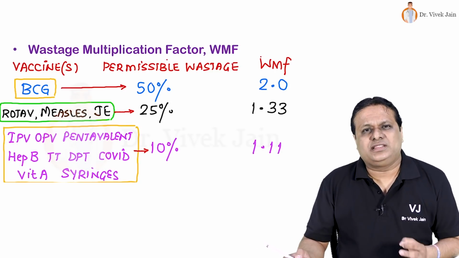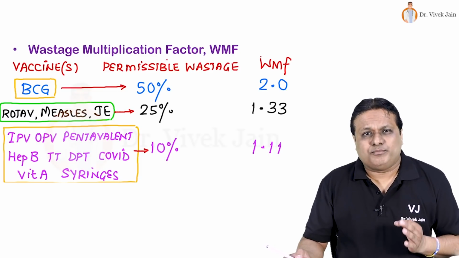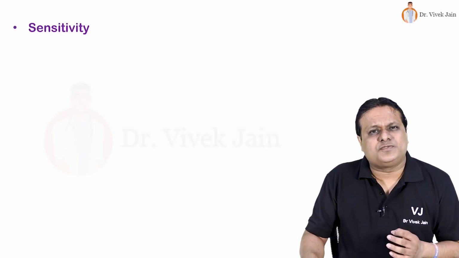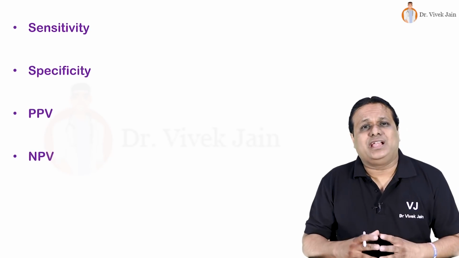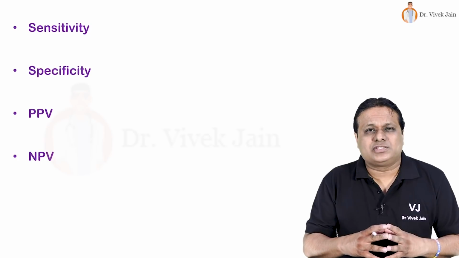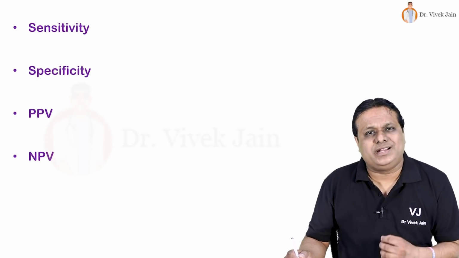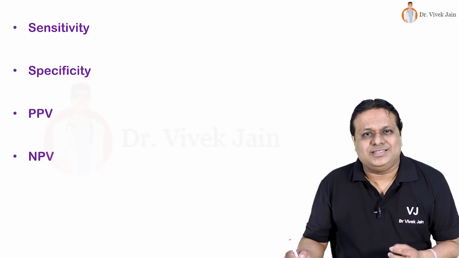1.11. After this topic, let us move to screening of disease, where important formulae are asked in your exam and you may be asked to calculate also. First we look at properties of screening test: sensitivity, specificity, PPV, positive predictive value, NPV, negative predictive value. Before we remember their formulae, you must know how to construct a 2x2 table for a screening test for a particular disease. It is just like an odds ratio table and looks like this.